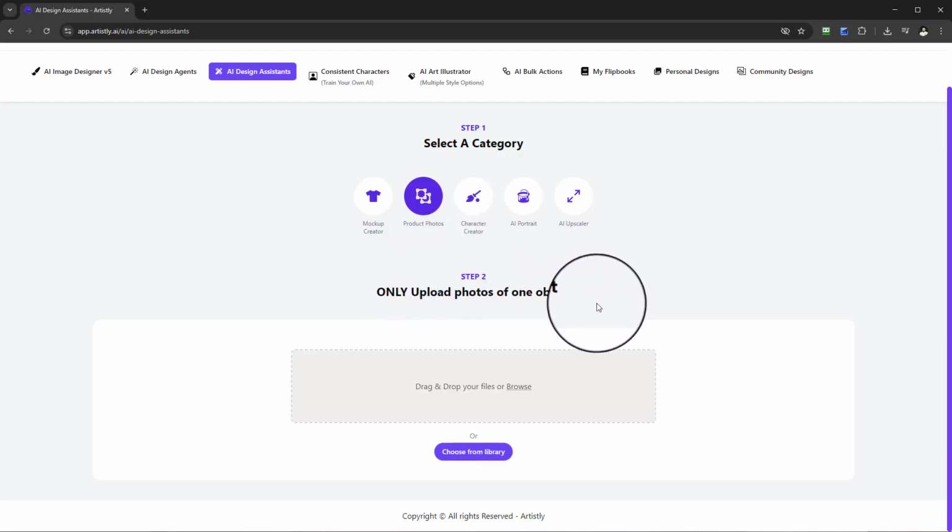Only upload photos of one object. So here you have the ability of, if you have any products, anything that we already got, you can drag and drop. Maybe a client's got something that they want to create into a product photo, you can drag and drop it and place it in here. Or alternatively, if you don't have one, you can build one out using the AI image designer. Okay, whether it's a bag, maybe it's a mug, maybe it's any kind of product that you're the client or whatever